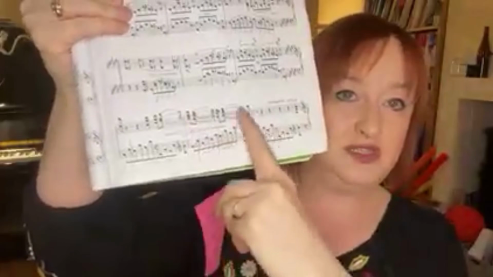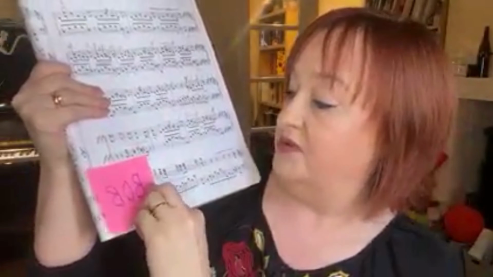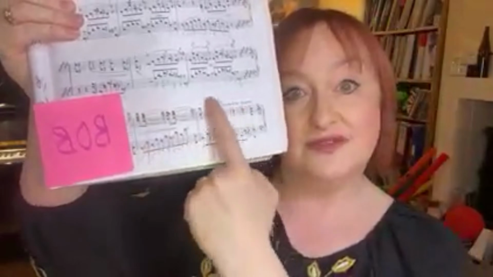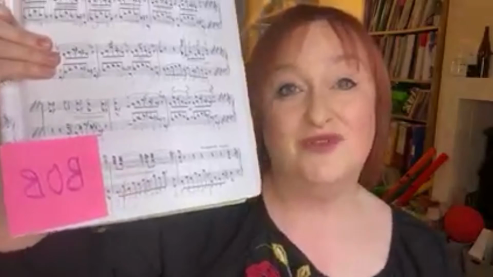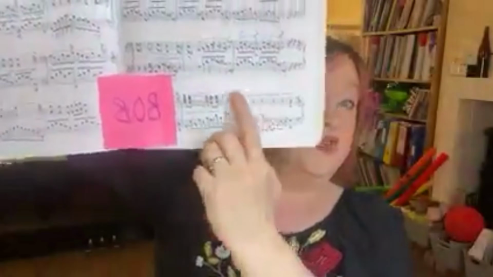So what I'm going to do is I'm going to say, well, we're working on these two bars. Obviously, I'm not working on all of those few bars with my 7-year-old. And I'm quite simply going to place Bob there. So when we're working on this little section, unless you've memorised it, it's pretty impossible to go past there. And then both as a teacher and as a practicer, and believe me, sometimes I even do this because, you know, our self-control when it comes to these things can be a little bit haphazard, shall we say. You pop Bob on there and then it stops you when you get there.